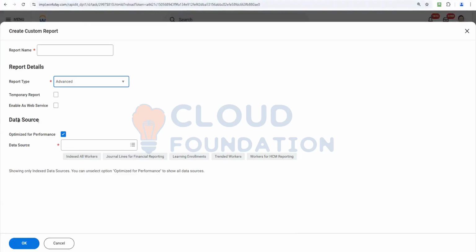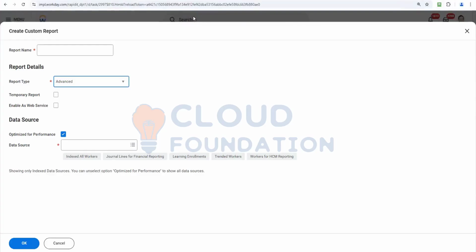Then here in the data source, you can see optimize for performance and data source, all these things. So optimize for performance means there are 2 kinds of data sources. Okay, so before I go, I'm going to explain data source first in detail, and then I'm going to show what this one is. But at a high level, you understand at this point of time, like if you need to create